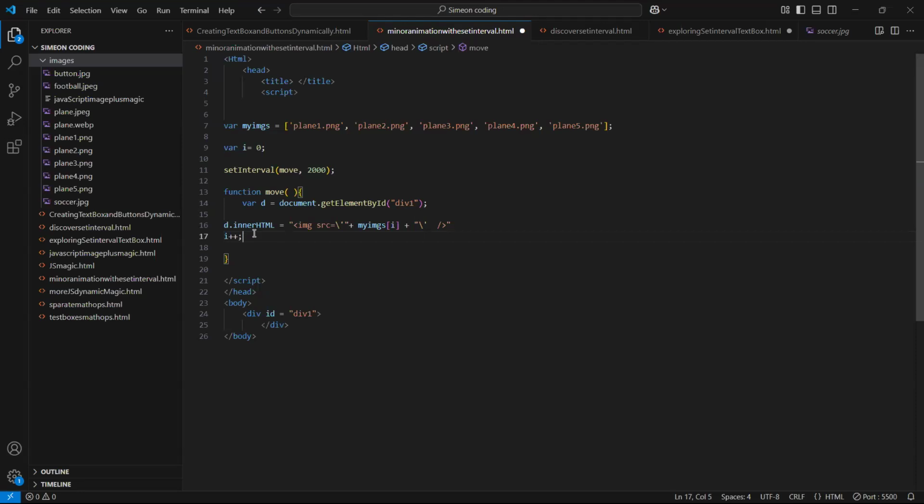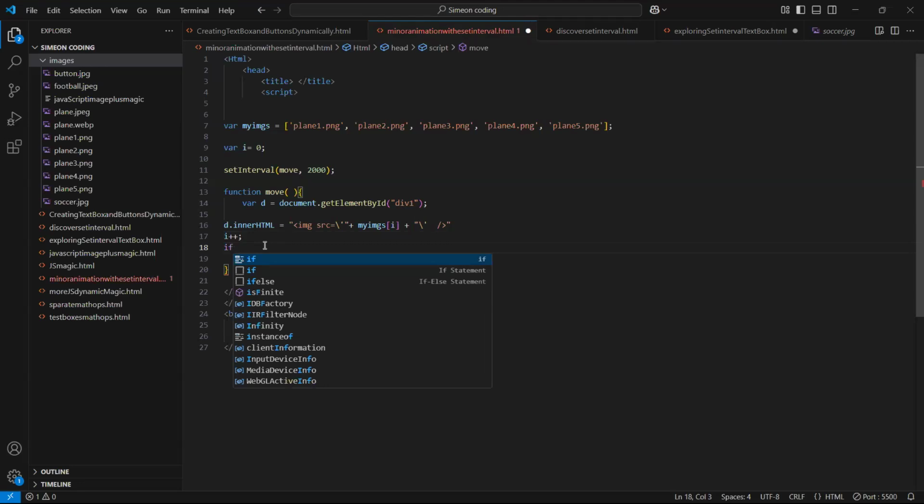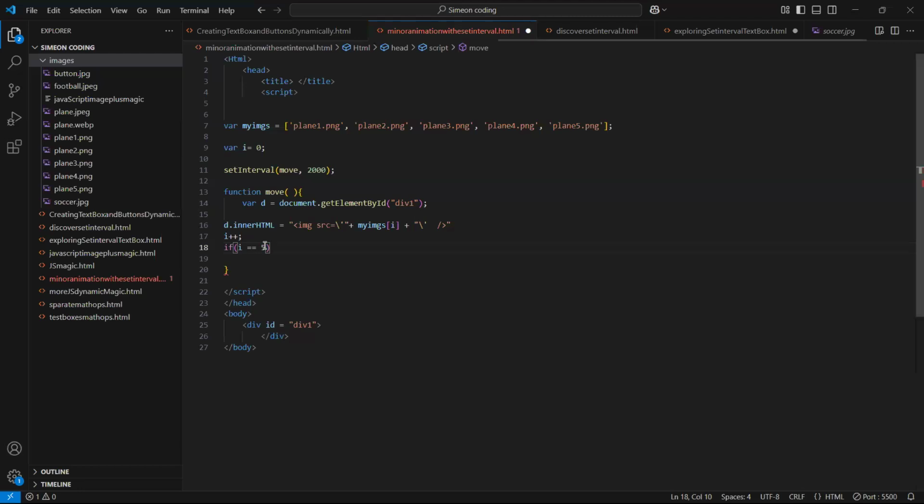So now what happens is that after we pick the first image, after that line, you notice that you're having i++, isn't it? That means we're ready to go to the next one. Maybe if i was 0 before, it should go from 0 to 1. Then we need an if statement to help us check if we have reached 5, because we cannot exceed 5, isn't it? If we reach 5, we should set i back to 0, so that it will start from the beginning. That's the whole idea of that thing.